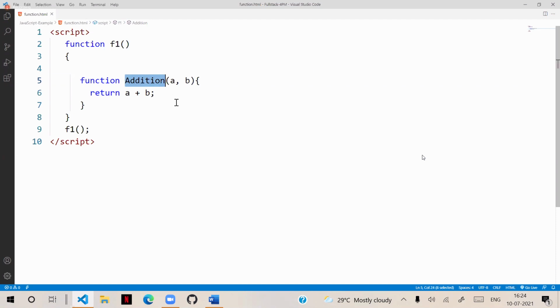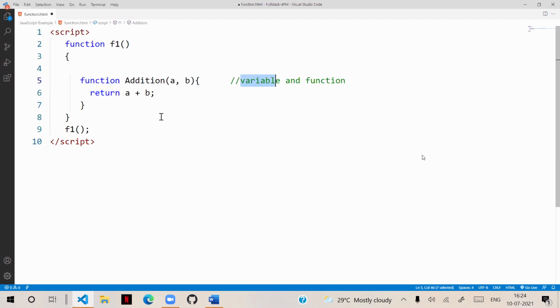That means inside this function name. That means addition will work as a variable and a function. Both will be there. It will perform the functionality and it will store the result inside it. That means it has both behaviors.